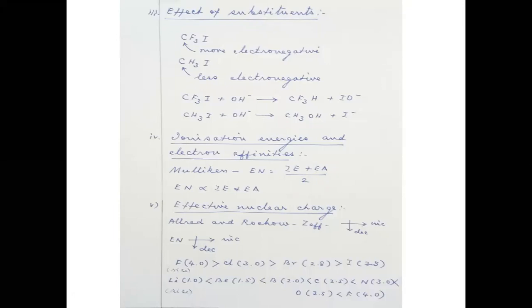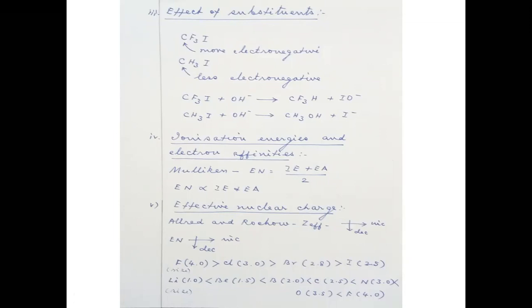So when you compare these two energies, I have already told you, ionization energy is the energy we supply. Electron affinity is the energy the system gives out. When you take the average of these two, that will be the electronegativity according to Mulliken. So Mulliken states electronegativity is directly proportional to ionization energy and also electron affinity. If ionization energy is high, electronegativity will also be high. If electron affinity is high, electronegativity will also be high. So electronegativity depends upon the ionization energy and the electron affinity altogether. That is the fourth factor determining the electronegativity of an atom.